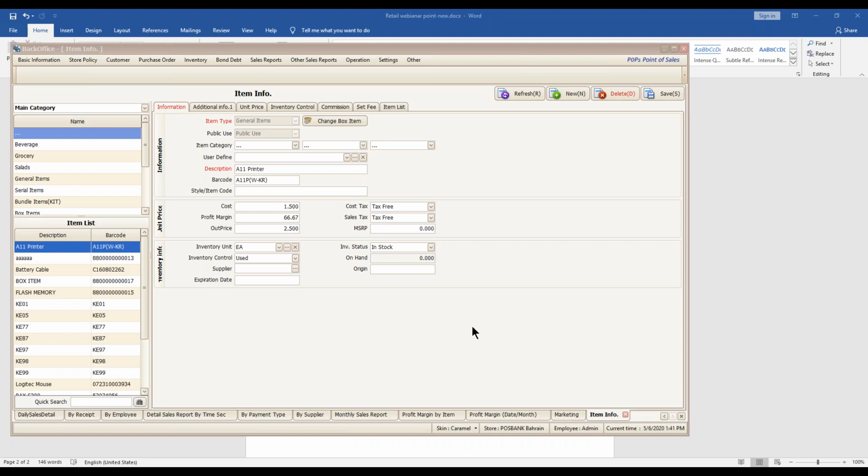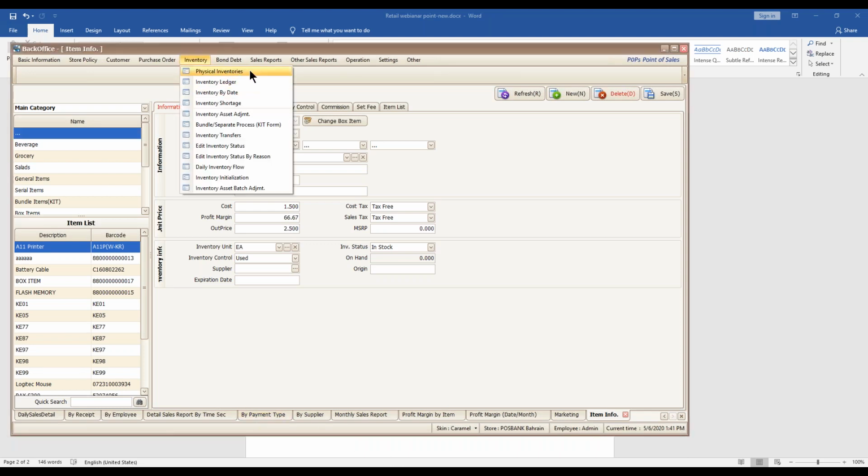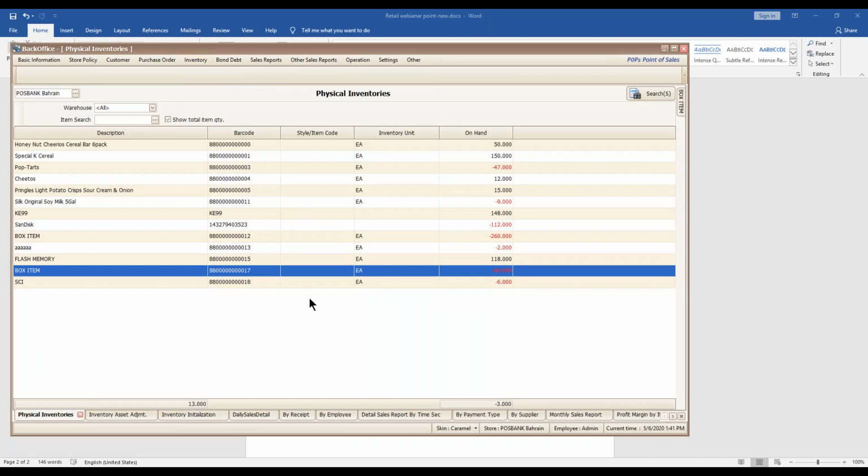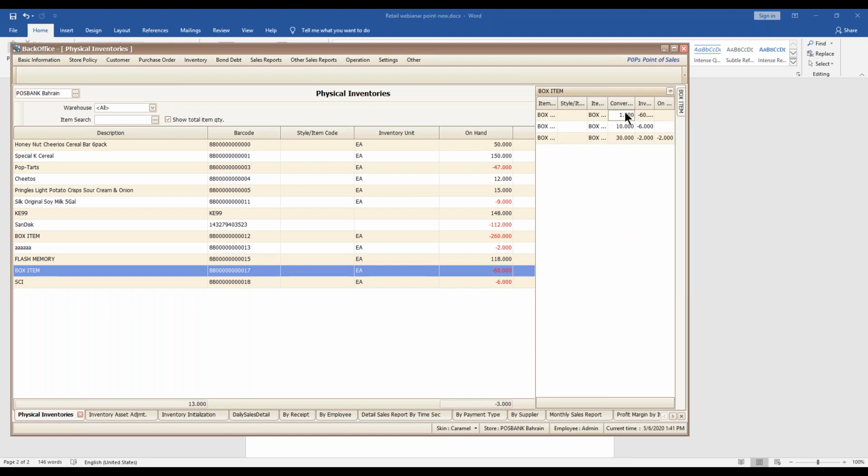You showed us the report before. Can you show me again? Which one? The stock report for inventory. Okay, can you go to the books item? This books item, I didn't make a purchase order for it yet, so it's now negative. Let's suppose that this one is 60, not negative. When we click on books item,